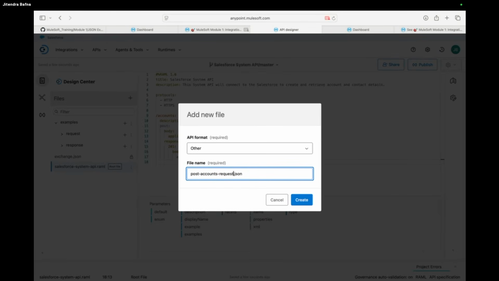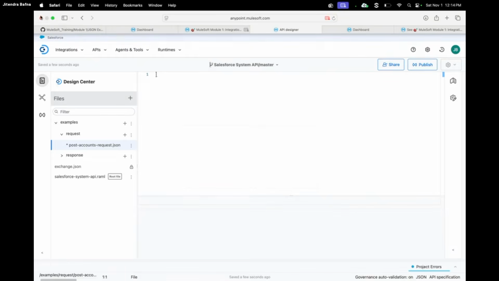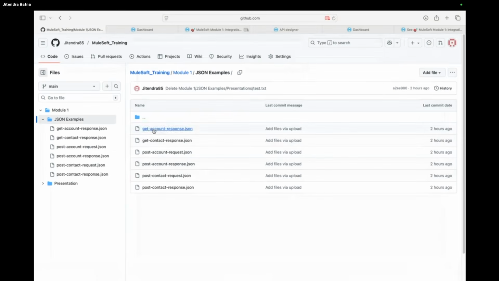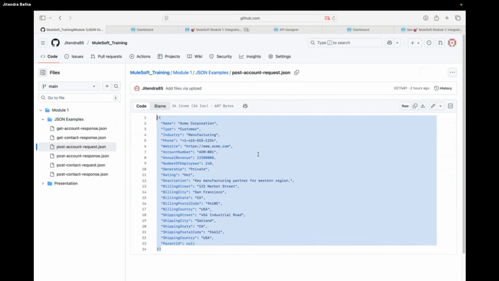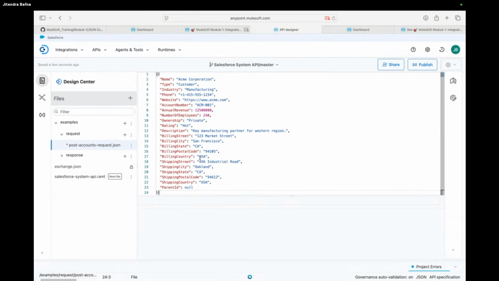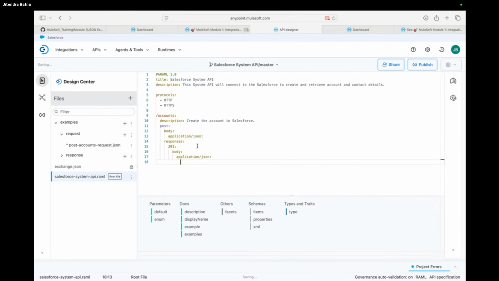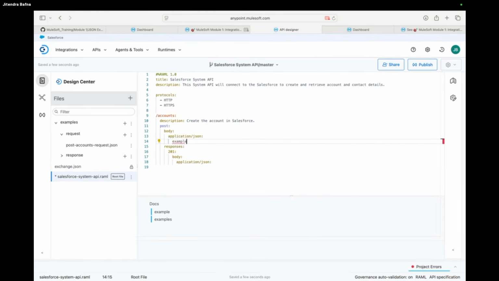request. So this is the example. I already have the example, put it here. You can see the post account request. I'll copy this and paste it here. So this is my example: name, type, industry. This is my account creation example. And here in the request body, I can simply say example.